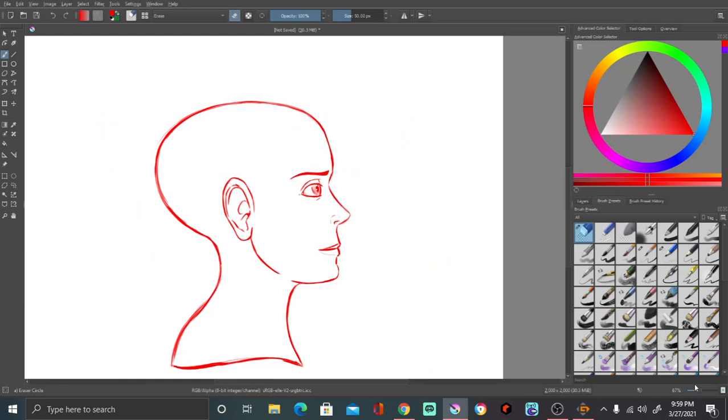That looks pretty good. And then of course I'm going to grab this one and just do the basic hairline, which usually starts right about there. Goes down the face right here. Not always, sometimes. My hairline specifically ends right here on my ears, so...